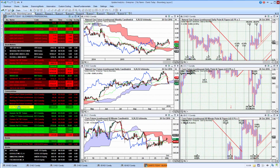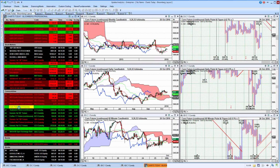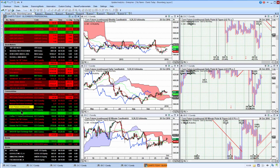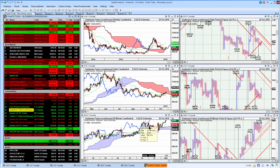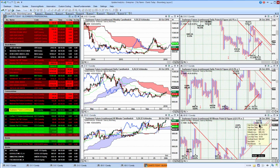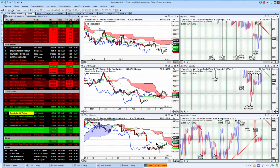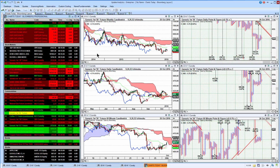Looking at some of the softs, we saw corn is up 0.5% at the moment. Still bearish below the cloud on all fronts there, so quite difficult to get excited about that. Soybeans looking bullish above the cloud here in the short term. Upside targets not that great, but medium term we still are bearish. Looks like we might be undergoing a long-term recovery here after several years below the cloud, starting to get through on the weekly cloud. So maybe we are seeing a change for softs, and we're seeing wheat here bearish below all the clouds, but again trying to come through on this daily cloud,